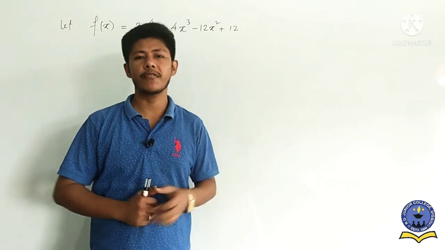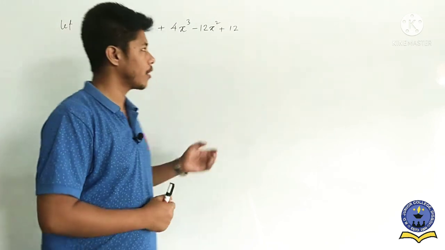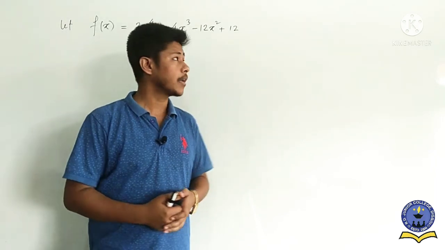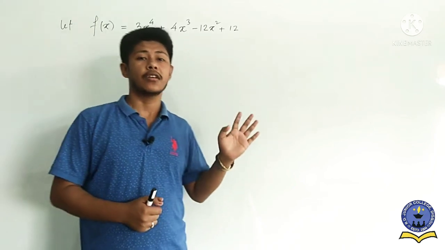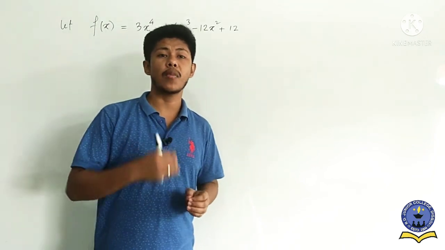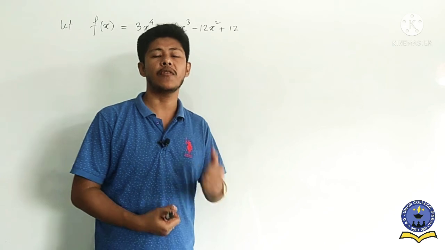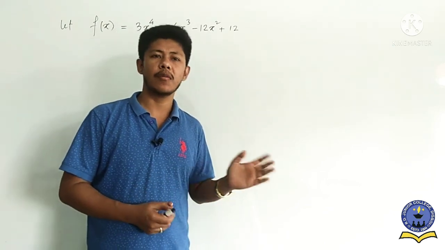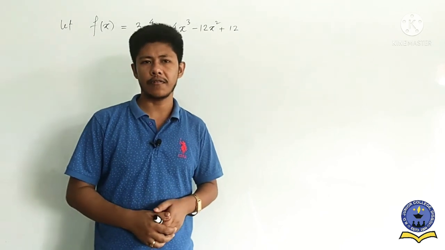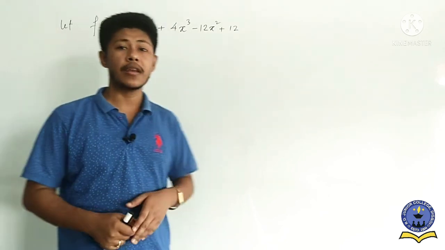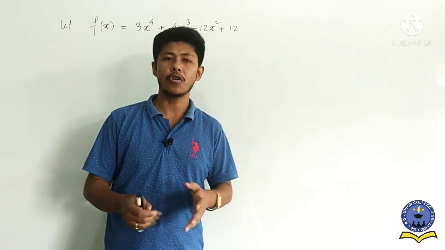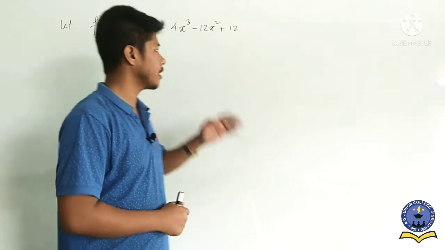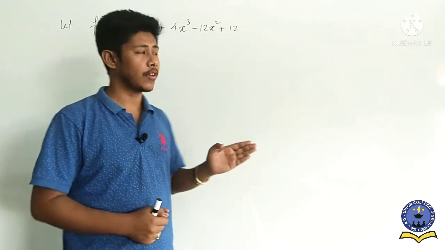That means here we only have to find the point. For that reason, we have to find the maxima and minima, so that means the first derivative. But in this question, local maximum values and local minimum values are given, so that means we have to find the values. No doubt, with the help of the first derivative also we can find the values, but if we apply the second derivative method, it is more comfortable compared to the first derivative. Only for that reason we apply the second derivative method here.